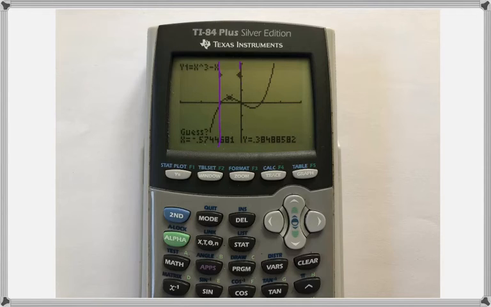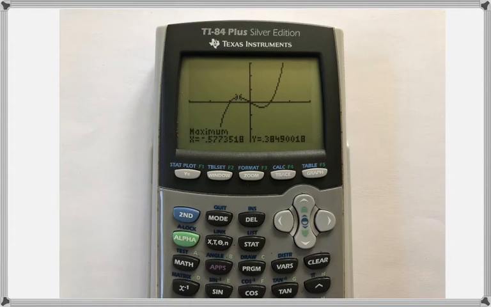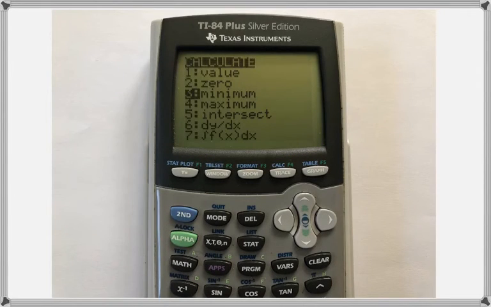So it's going to search in this interval for the local max. But we need to press enter one more time, and then this is our local max. Now let's find the local min. So second calc,